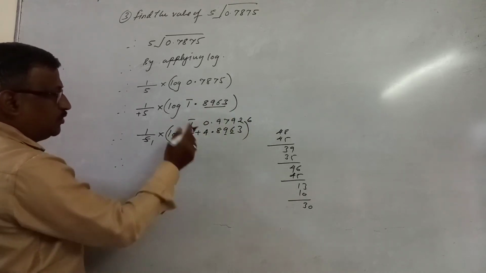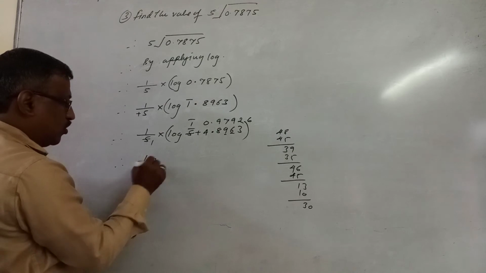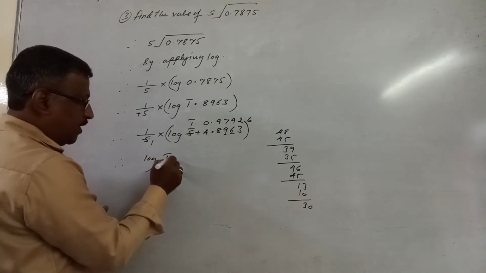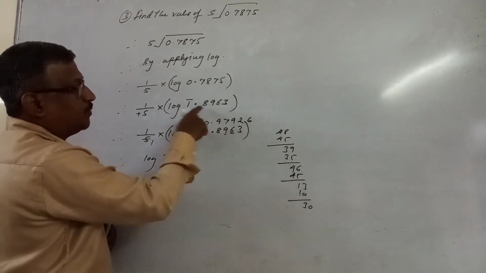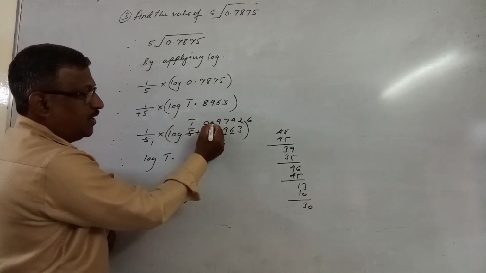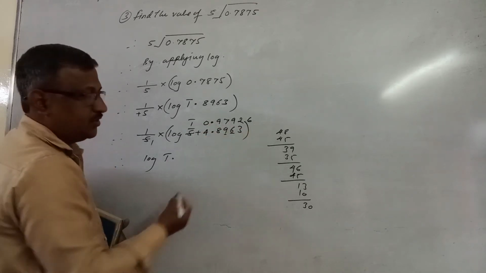And after dividing, you have to write the integral part and fractional part like this, right? So it is log of, my integral part is what? It is bar 1. My integral part is bar 1, right? And my fractional part always starts from where? From decimal. So from here is my decimal point, right? This 0 has no value. From this decimal, you have to take how many digits? 4 digits. So